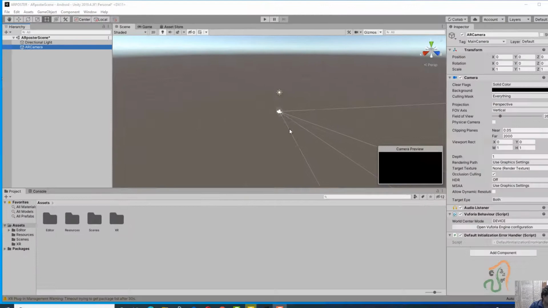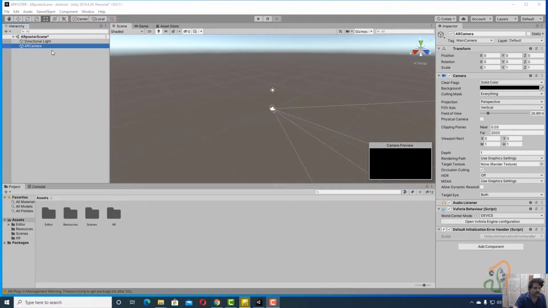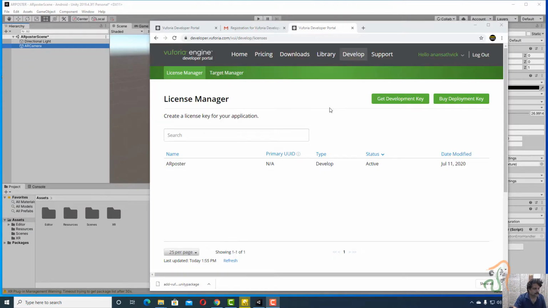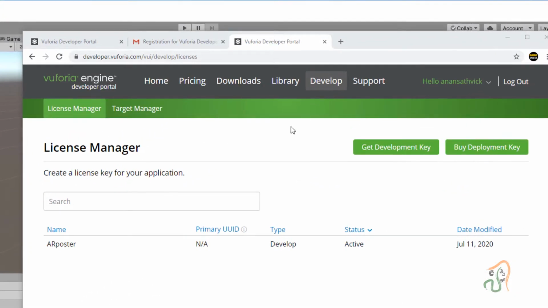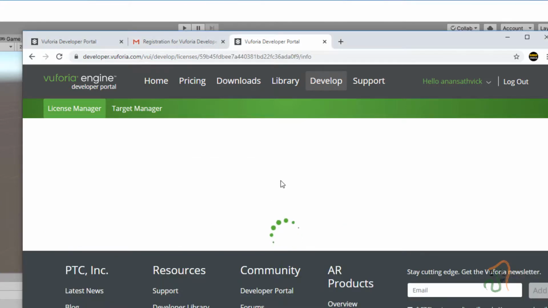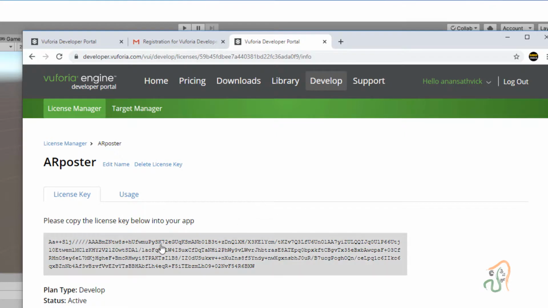Now the first thing before we start our AR project is we have to add our license key, which we had already created. Now come to your developer portal, and if you have logged into your account and develop, in the previous class we had created this AR poster. If you click on it, we have our API key here.